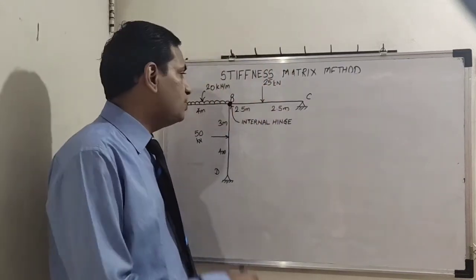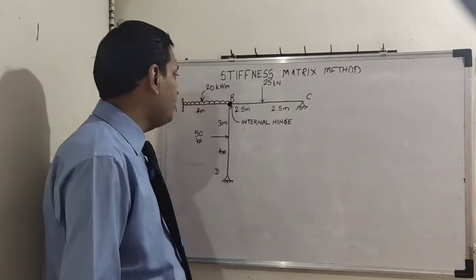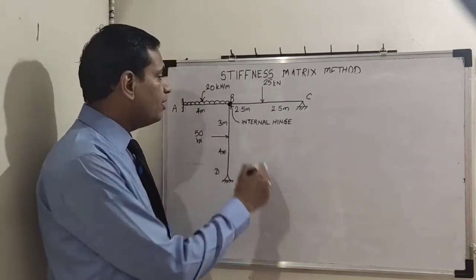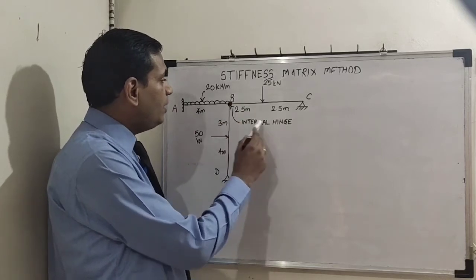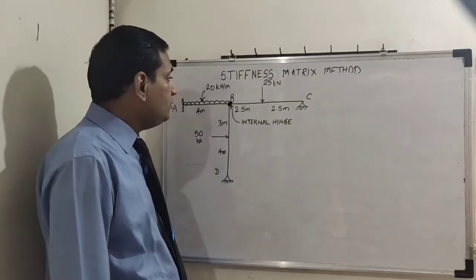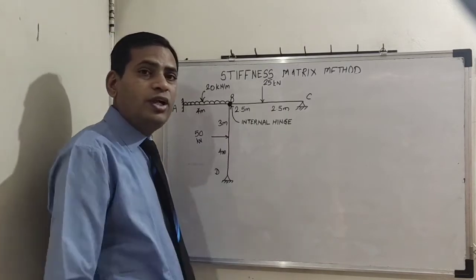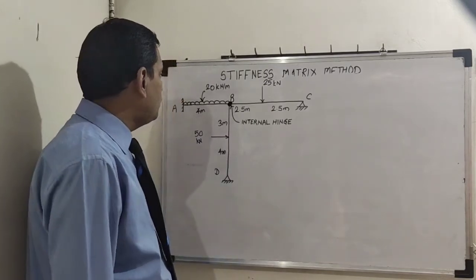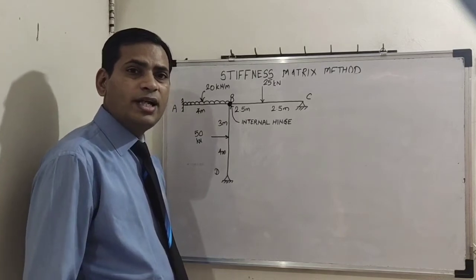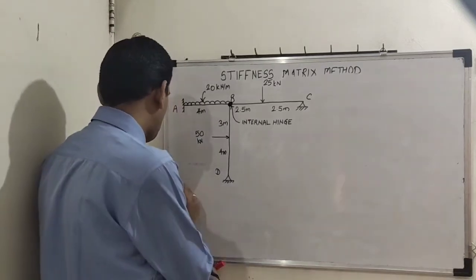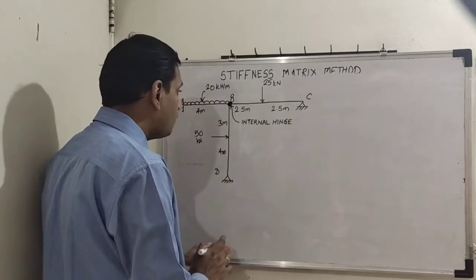So as you can see in the diagram, there is one frame having one internal hinge here on joint B. We have been given an internal hinge and there are three members meeting on joint B. So our first step, as usual, will be finding out kinematic indeterminacy for this frame. So let us find out